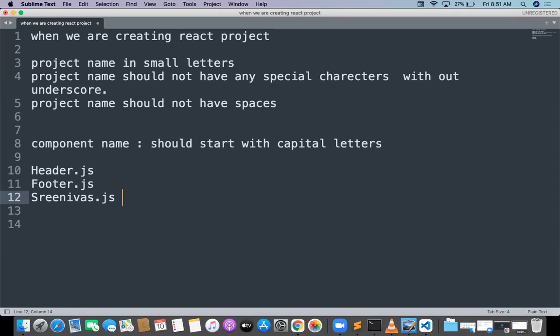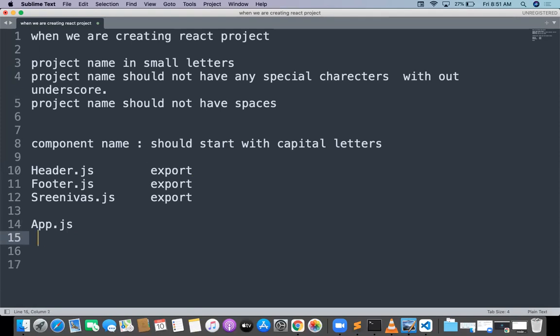So whenever I'm exporting over there, I'm writing here and we need to make it export first. Here we are creating a component and we need to do the export. Export is very important. And whenever you are creating the header.js, we are trying to export this. After exporting all these things, I have the app.js. App.js is the root component.